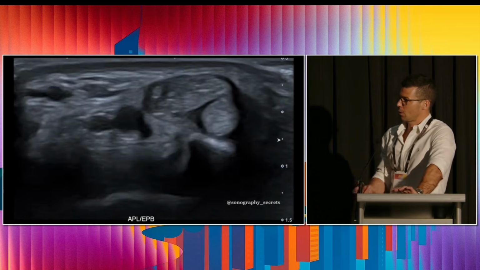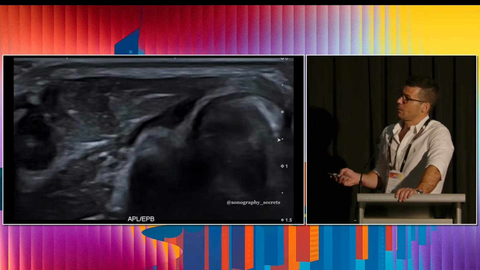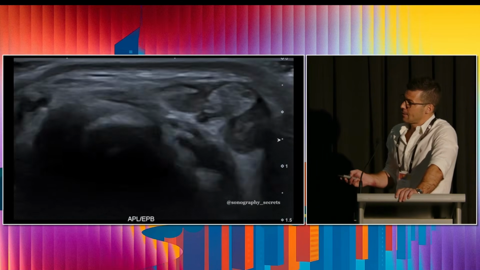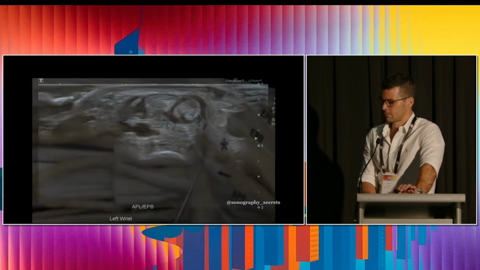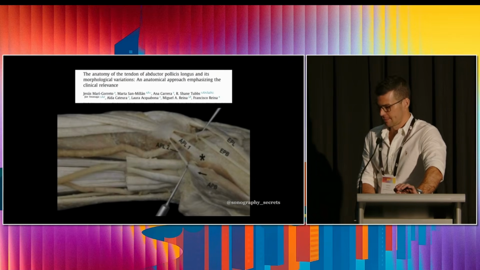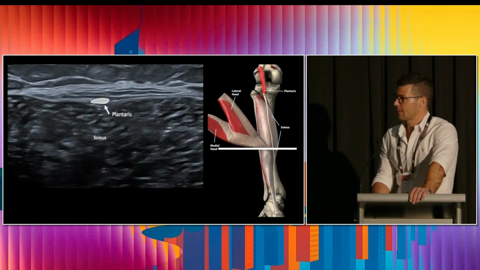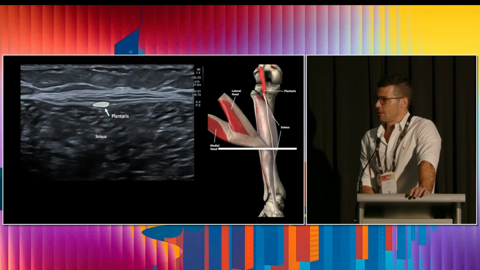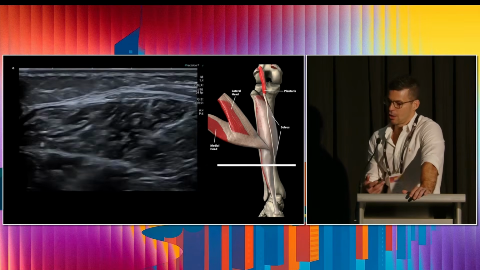That's a normal and common finding. And what's cool in this case is we have a slip of APL that inserts into the abductor pollicis brevis muscle. How cool is that? Now, the lower leg homologue of the Palmaris longus is the plantaris, a vestigial muscle, vestigial tendon steeped in history,